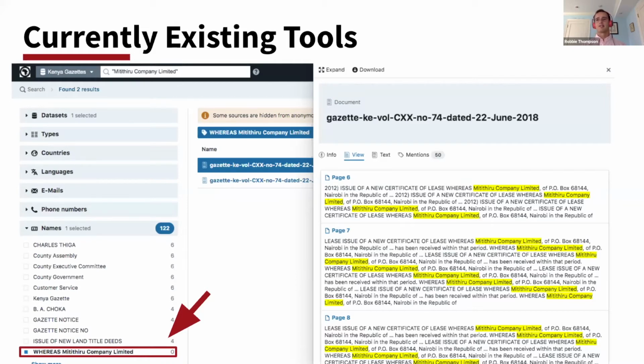The second piece of this that we hope to improve upon is that we want to make this information interact with itself in a networked sense. So imagine you wanted to find out more about Miti Through Company Limited. You saw they had an address in Nairobi, and you wanted to say, okay, what company shares that address? You could then do a keyword search on the address and find several companies. If you then wanted to find further information, say, what land do those companies at that shared address own? You'd again have to do more and more keyword searches, to the point where if you're trying to build a web or a network, you'd have a very long day just continually doing keyword searches. So we wanted to make that process faster and more efficient to discover more.